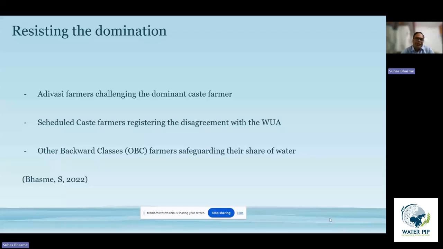Again, what we interestingly find is that the way caste or social location is reflected is also in the way those farmers resist the domination and ensure that their accessibility to water is maintained. It is interesting to see the way Adivasi farmers, and these are all incidents that have happened in this particular area, where Adivasi farmers' accessibility to canal water was restricted by neighboring affluent farmers. And in response to this, when all the resources were exploited and all options were sorted out, what he finally does,